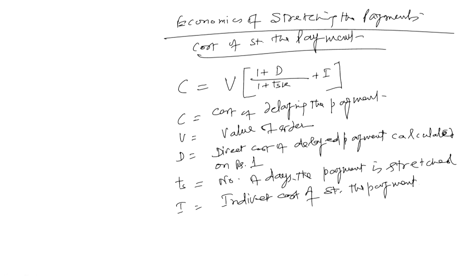So, C is the cost of delaying the payment, V is the value of the order, D is the direct cost of delayed payment calculated on rupees 1 each rupee, TS is the number of days the payment is stretched, and I is the indirect payment, and K is the, yes, what is K? K is the